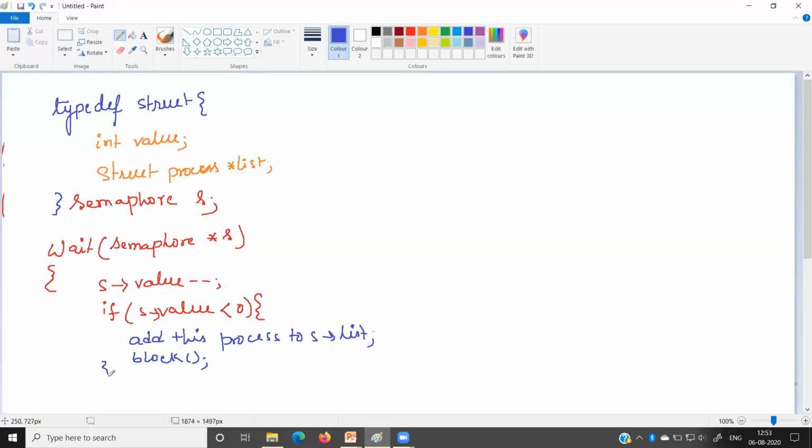That operation we will perform if the condition is satisfied. Okay, so this is all about the wait function.